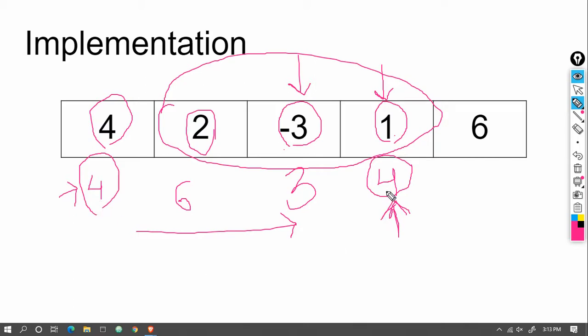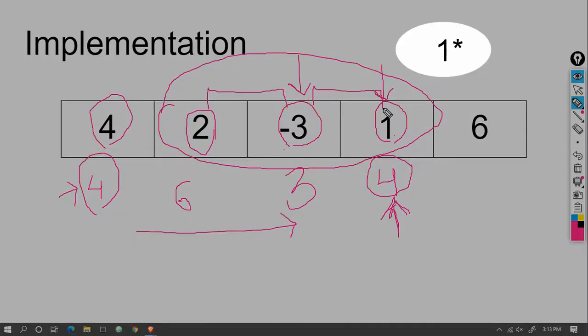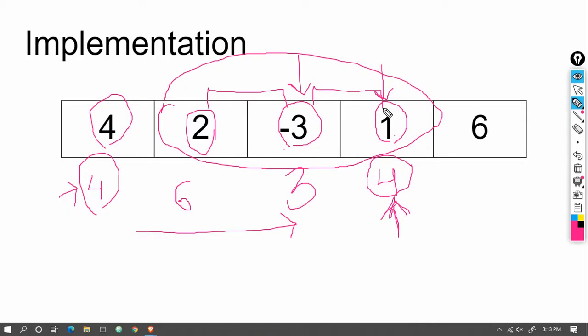But here, as we can see that the 4 got repeated itself, this means that this 2, minus 3 and minus 1, they are making the subarray 0. The sum of the subarray 2, minus 3 and 1 is 0, and that is the only reason that the 4 got repeated again. So I hope this implementation part is clear or somewhat clear to all of you.